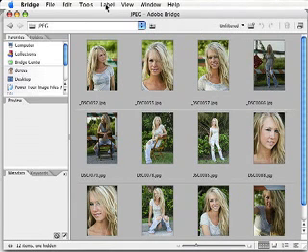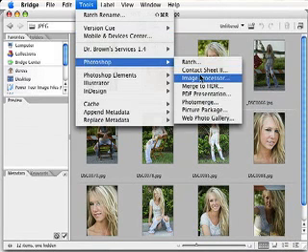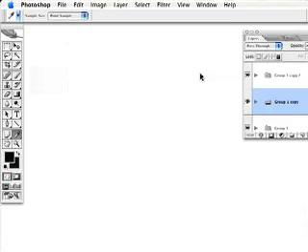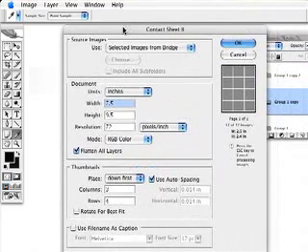So I've got my photos. I have 12 photos here in Bridge, and I'm going to go to the Tools menu and Contact Sheet 2, which will bring up this dialog box where I decide I'm going to use the selected images. Now, the main thing you're going to have to do at this point is determine the size of the document. I'm deliberately making it a little smaller than 8 by 10, and I've got my resolution set to 72